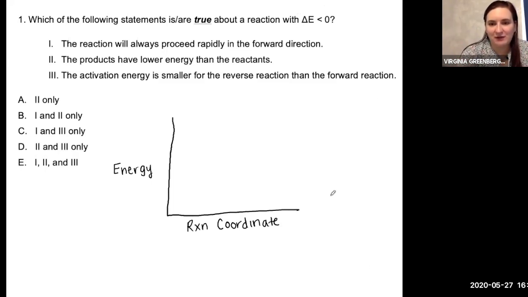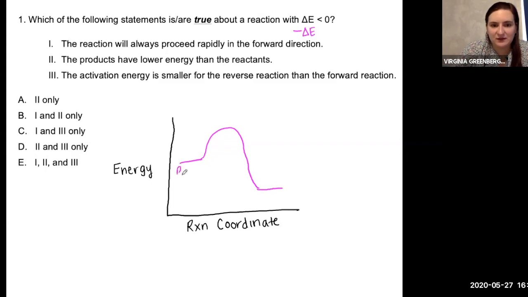Our first problem is asking, what statement is true for a reaction that has a change in energy less than 0? That's the same as saying a negative delta E. As you can see here, I started to draw a reaction coordinate diagram. If we start with our reactants at some energy level, for a negative delta E, we are looking for when the products are at a lower energy level than our reactants. And so we'll end up with a reaction coordinate diagram that looks something like this,